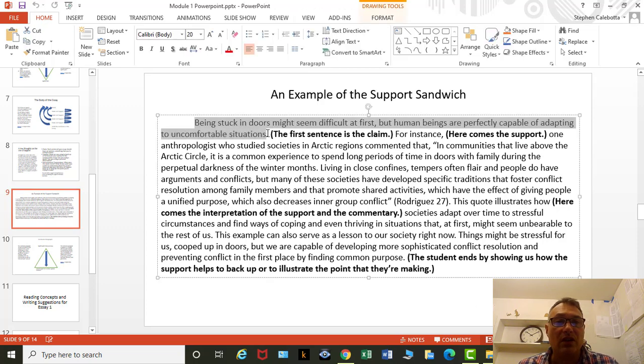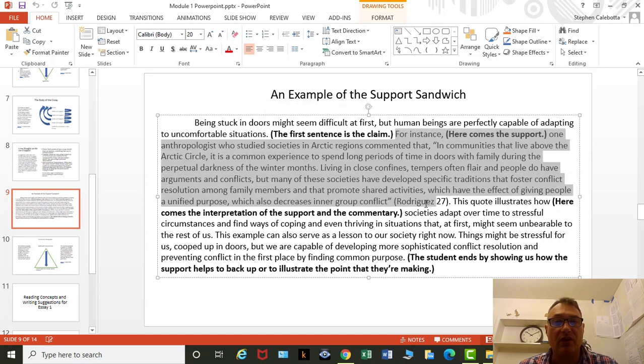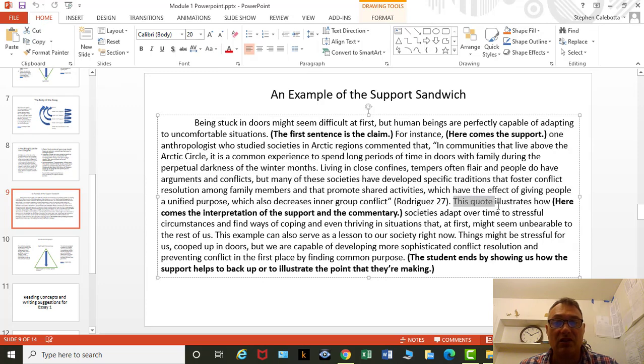But in the beginning, here's the claim, right? And I tried to label it right there. Here's the support in the middle of the paragraph. This is an example of a quote being used as a piece of support. And then in the last part of the paragraph, you see they say this quote illustrates how, and you can tell that here they're going to talk about the quote. What does the quote mean? What is the lesson? How and why does the quote back up or illustrate the claim they're talking about at the beginning of the paragraph? Okay, so